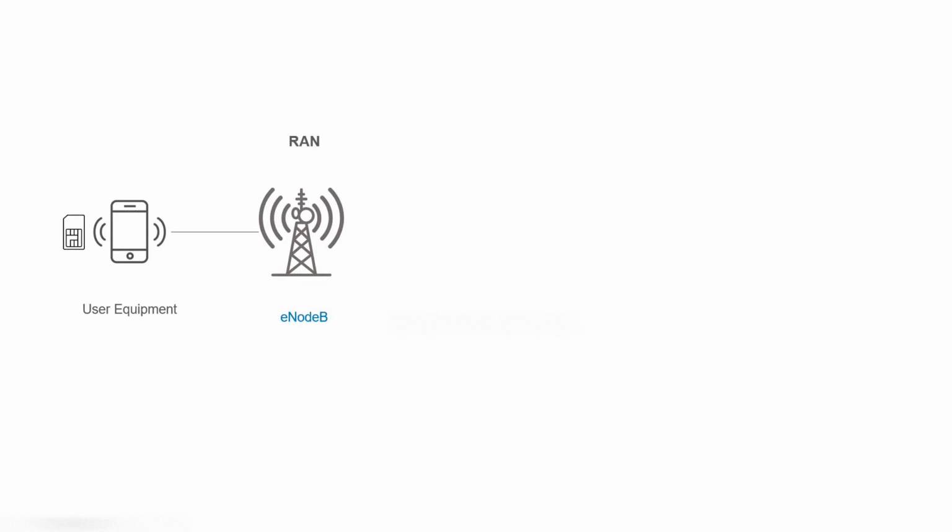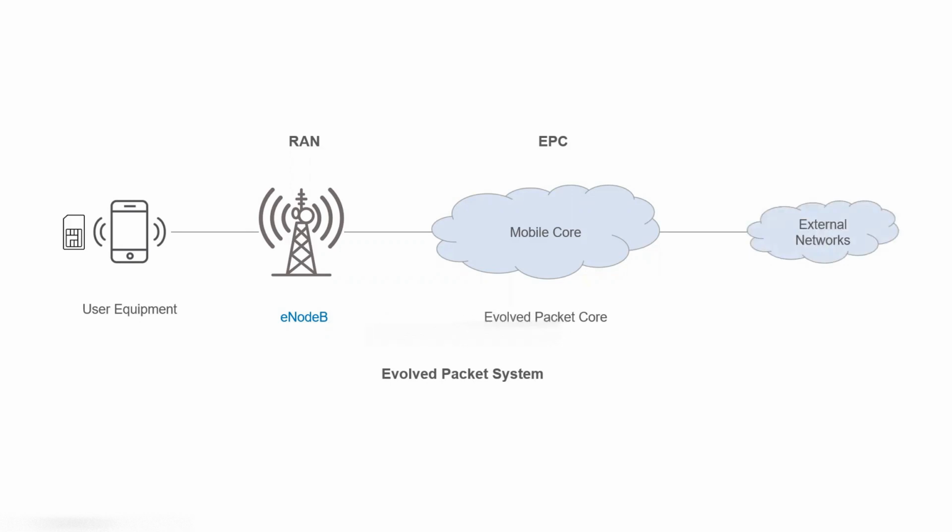The eNode B is basically part of your radio access network, and the eNode B will extend towards what we call the mobile packet core, or evolved packet core. So the evolved packet core basically connects you to the other external environment, like the internet or your IMS. So if you take a 4G environment and see what the main building blocks are,